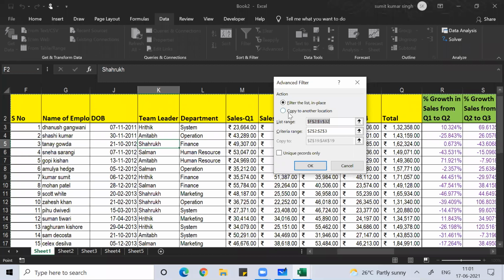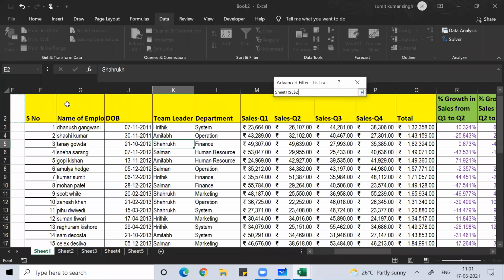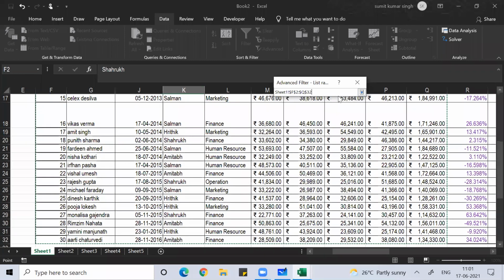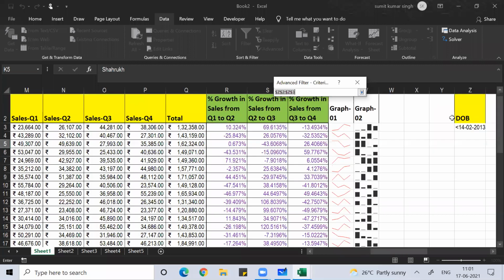Alt A Q here, click on copy to another location, list range, select the data, Control Shift, right arrow, down arrow, select the data, then criteria range.